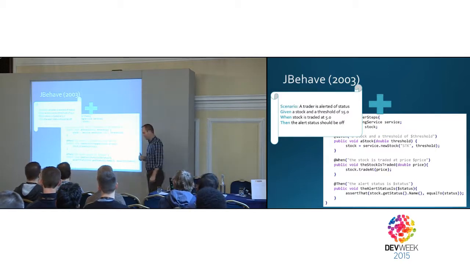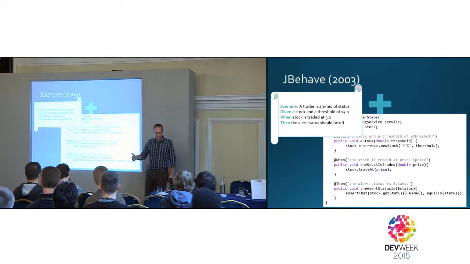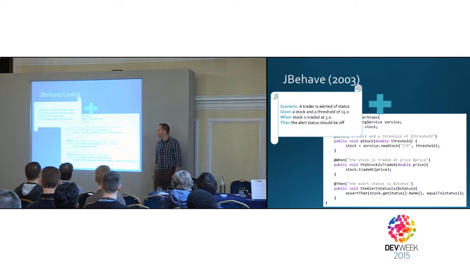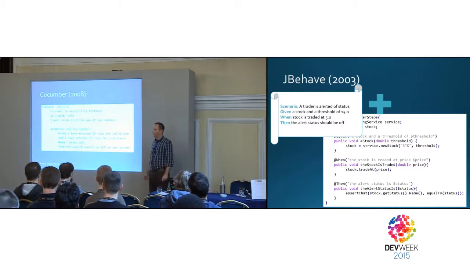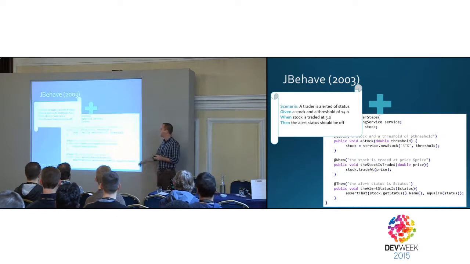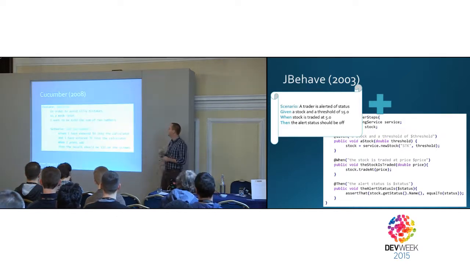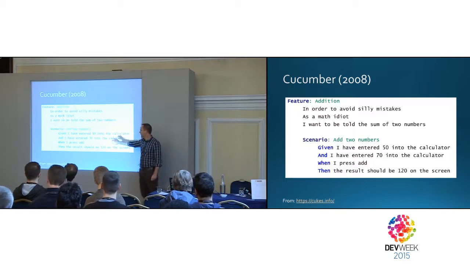Now, that's very interesting, because Dan's objective in the beginning, as he talks about in introducing BDD, was to fix TDD, not create a completely different way of doing it, but he ended up with this. One of the best known BDD tools is Cucumber. It started from Ruby, actually. And it has a feature. A feature is similar to a user story. We take a bunch of scenarios and put them in features, because JBehave only had scenarios. Now we have a higher level: we have a feature. This is just plain text. And the scenario over here is the actual code.